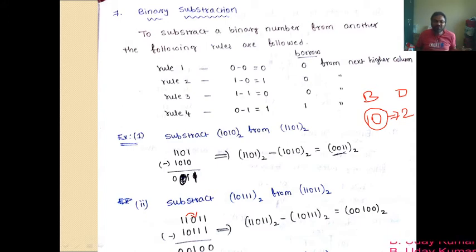10 is nothing but 2. So please remember, 2 minus 1 will be 1 only, right? So that you have to understand. So 10 minus 1 will be 1. And since 1 is taken by this third column, here the value will be 0. So 0 minus 0 will be 0, and 1 minus 1 also will be 0. So this is the value that you get when you subtract this from this one. So you get 00100 to the base 2. That will be your answer.